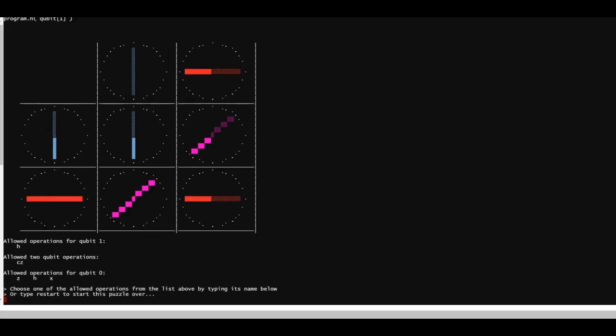So basically we've moved that, and now what if I do a control Z now? What happens? Nothing happens. Control Z. If I do an X on 1 and now I do control Z,